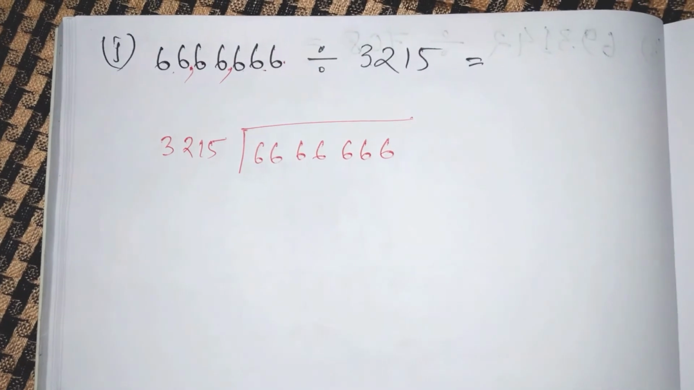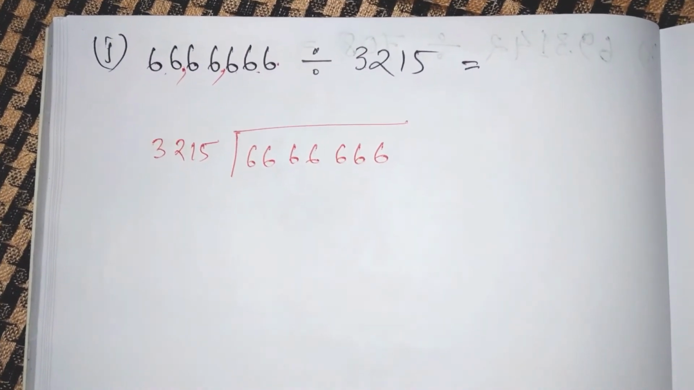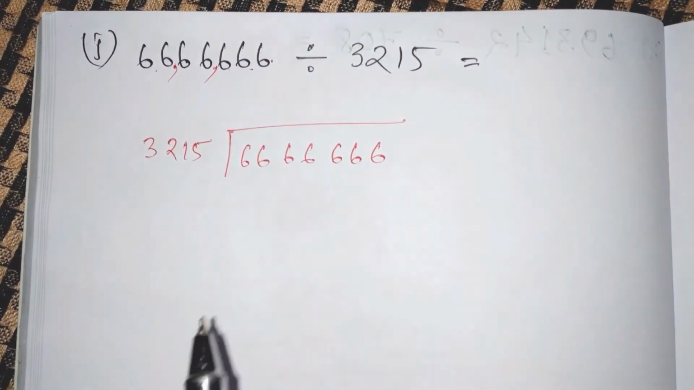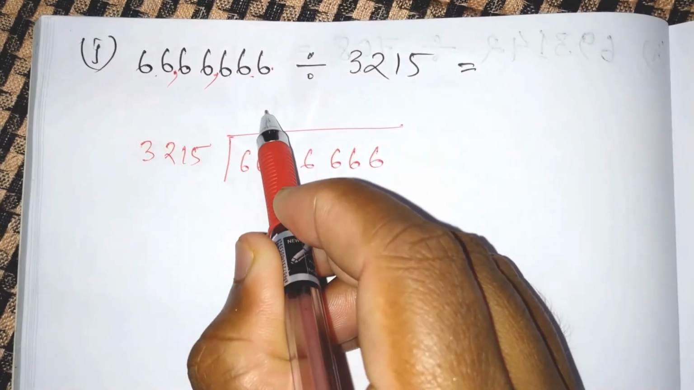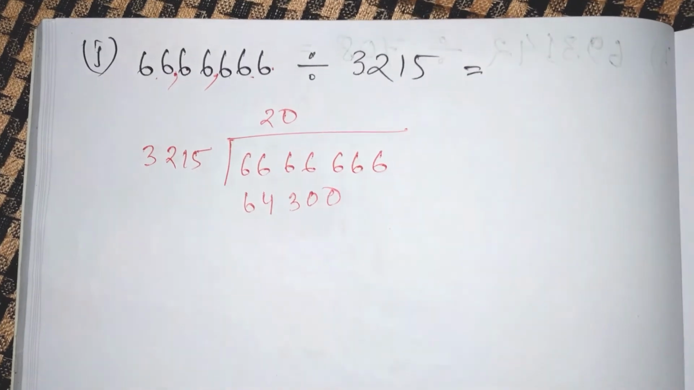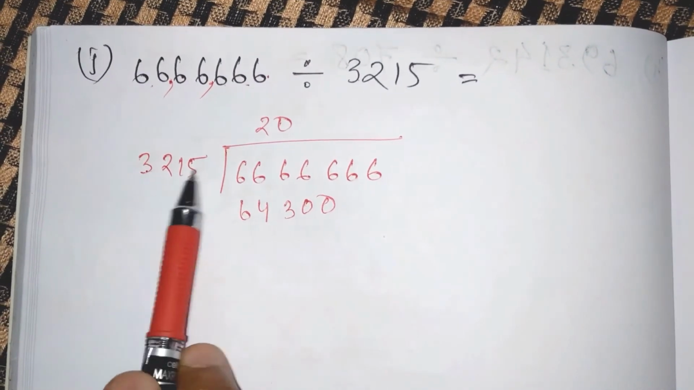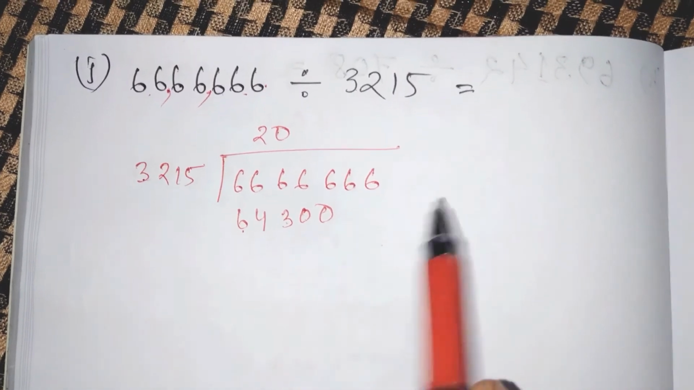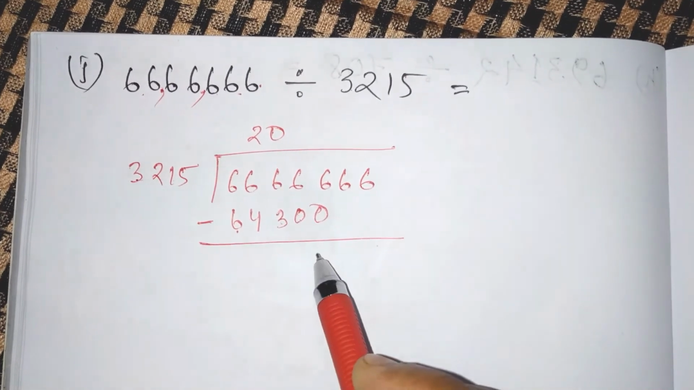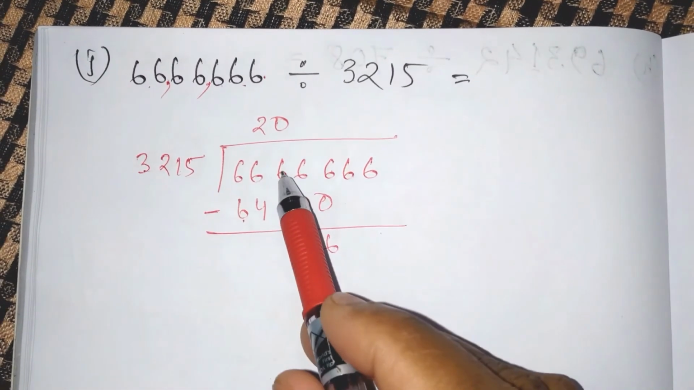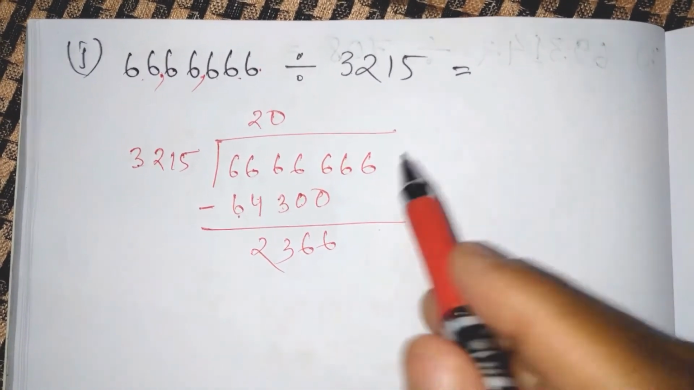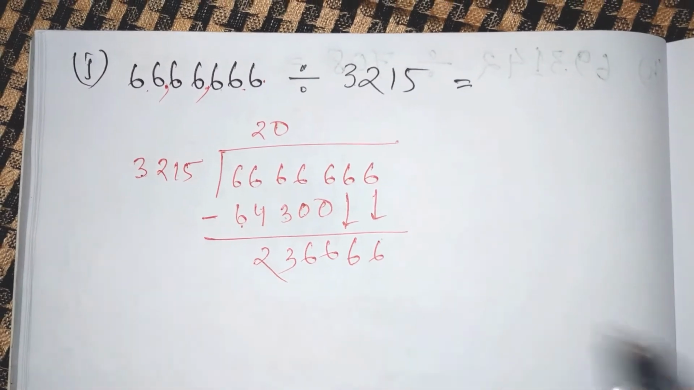So I've written it. Now if you multiply this 3215 with 20, okay, with 20, then what will you get? You will get 64300. Okay, so when you multiply this number with 20, you get 64300, and if you subtract, then you will get 6 minus 0 is 6, 6 minus 0 is 6, then you have 6 minus 3 is 3, 6 minus 4 is 2, 6 minus 6 is 0, no need to write it. This 6 will come here, this 6 will come here. Okay, so now you have